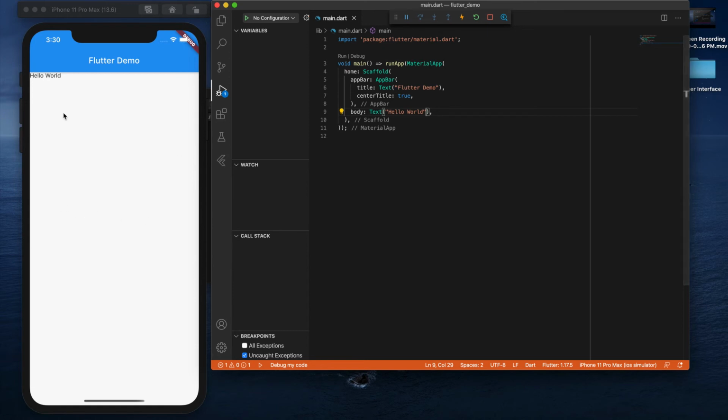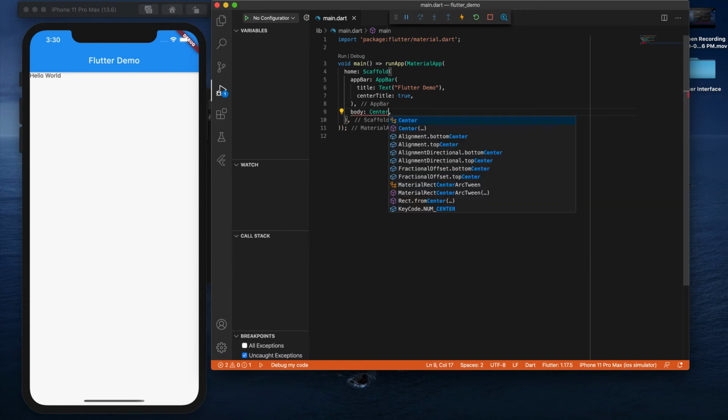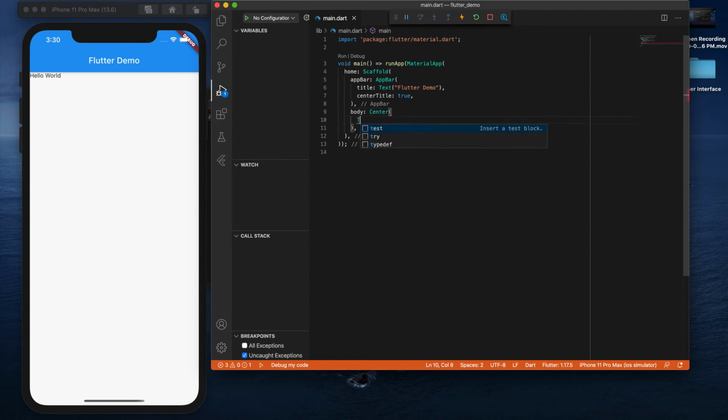Instead of this appearing on the top left, which doesn't look good, we can change that. How are we going to do this? In the body, we have one more widget called center. Inside center there is one more property, child. In that we need to add this text widget.